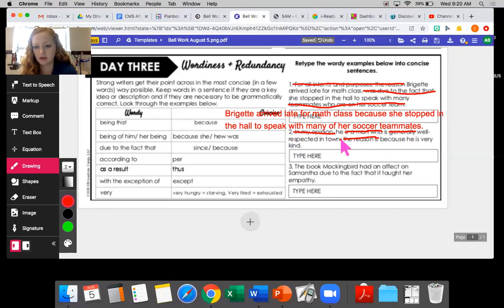we don't need a semicolon because he is very kind. We can just take out kind and we can take out very, and you could change it to another word. So you could say charitable was one we used earlier, generous. You can Google any synonyms for very kind and then that should give you something, okay?